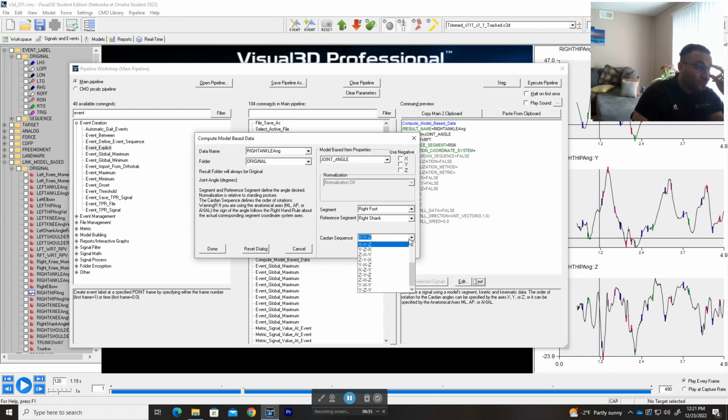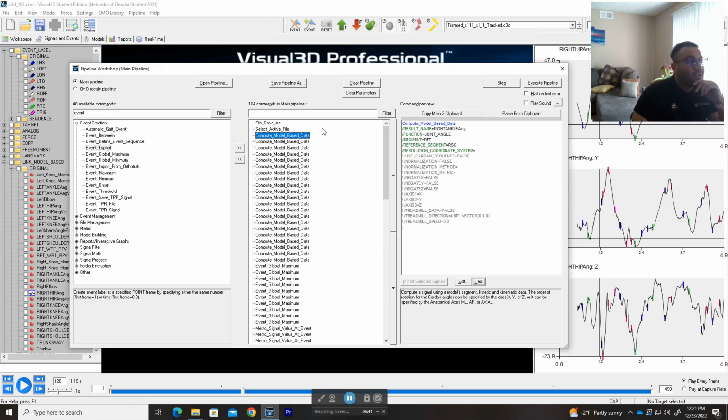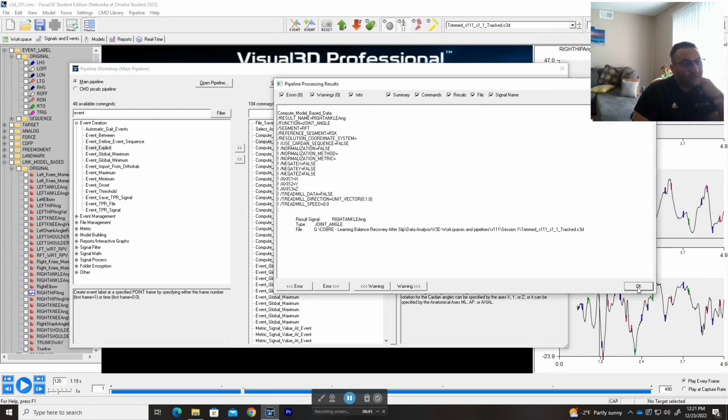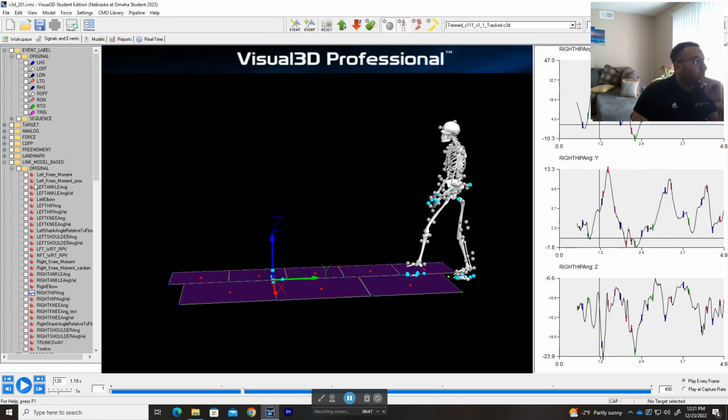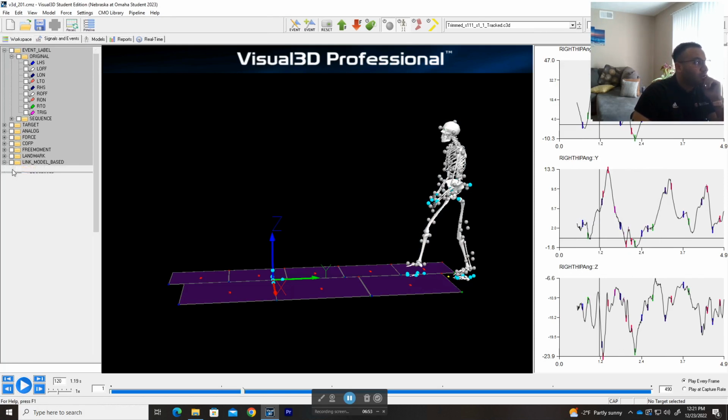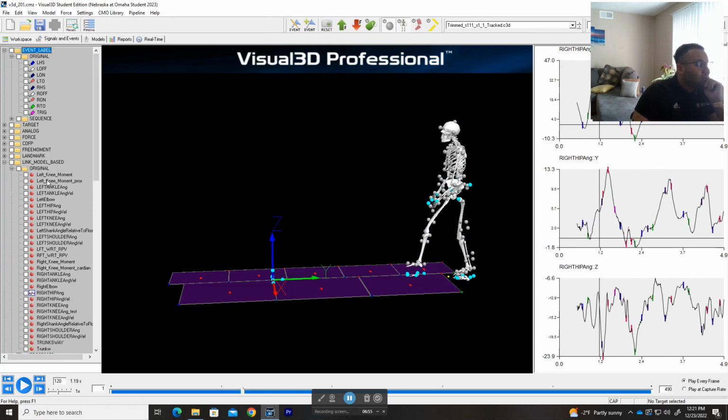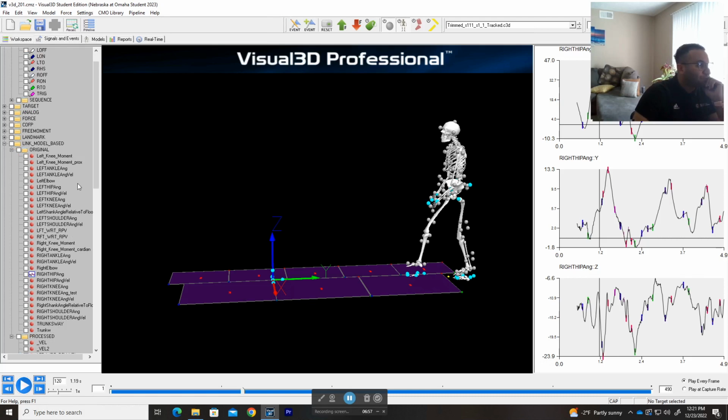So x, y, z, just make sure it's the same as your coordinate system, and then hit done. And then let's, for example, step this. I already have it, but it's just going to override it. So when you go here to link model based original, you'll find your